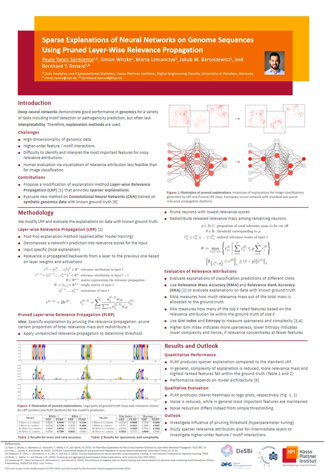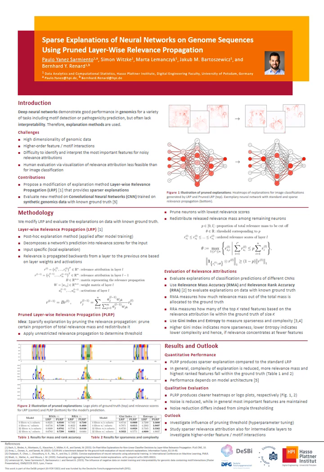Further, the relevance is propagated backwards from one layer to another. So this kind of explains the name. And I don't want to dive too much into the formulas here, but basically the takeaway is that the propagation from one layer to another can be written as a matrix multiplication. Okay, now to our modification, pruned layer-wise relevance propagation.